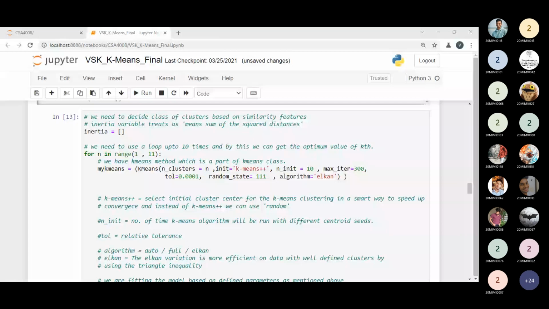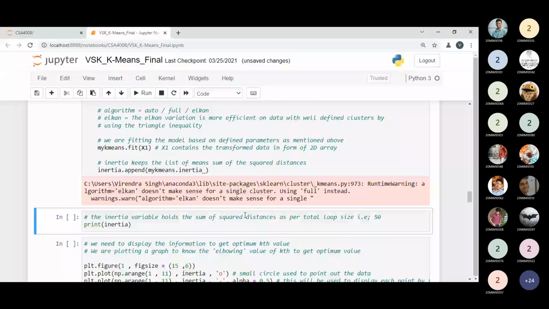Just tell me how many inertia values will be printed over here.